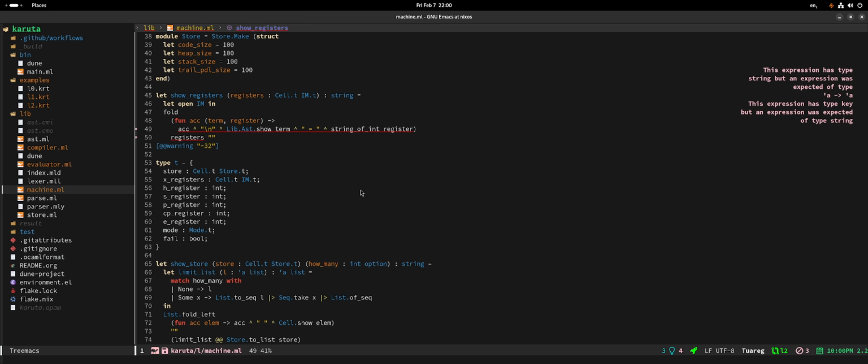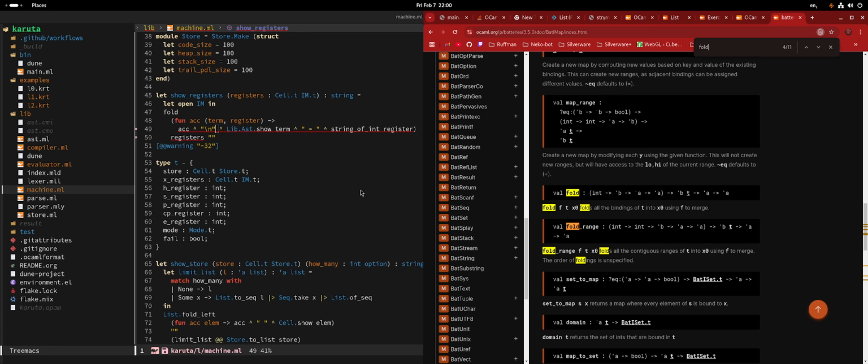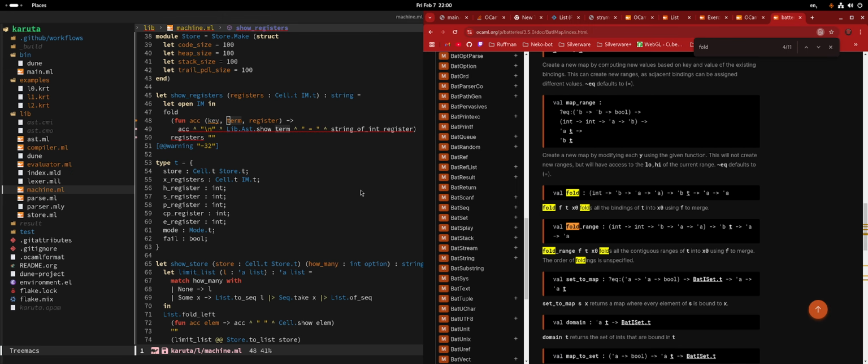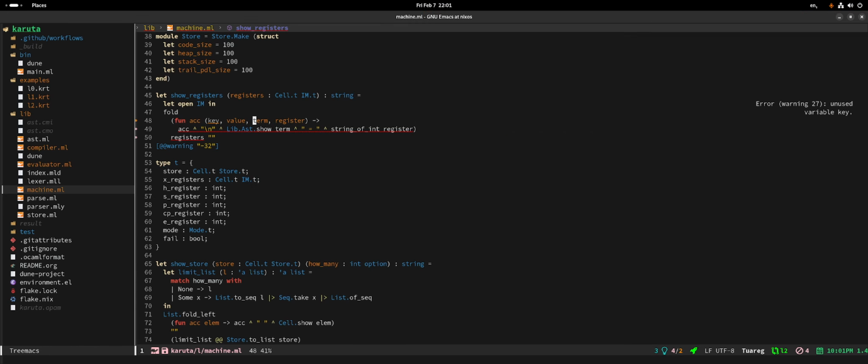And then our lambda needs to have an index, which I'm assuming is the key. It has a b. What the heck are those a's though? Oh, this is the accumulator. This is the value. This is the key. Okay, I see. That's a very weird order, but okay. Value and acc.